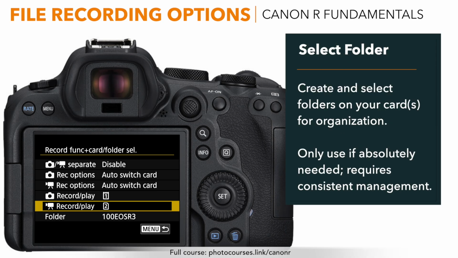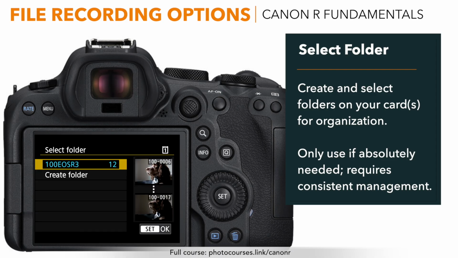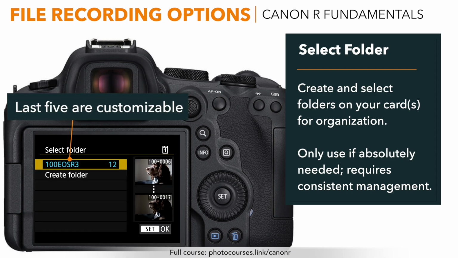Now let's talk about Select Folder. This is available in that previous menu option if you have two card slots, but then every other camera has a Select Folder option also that you'll find in the Setup menu. This is where you can set the folders that your photos are going to be recorded in. Note that your image folders on your memory card are going to appear as a 5-digit name with a 3-digit prefix. The folder name is set to a camera-specific default, and then the folder numbers are going to start with